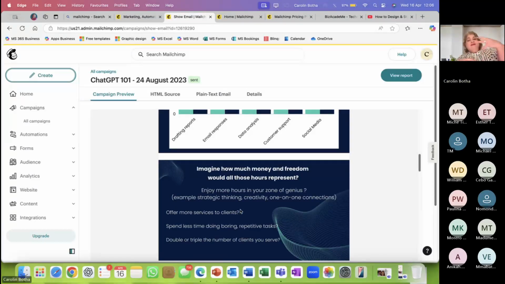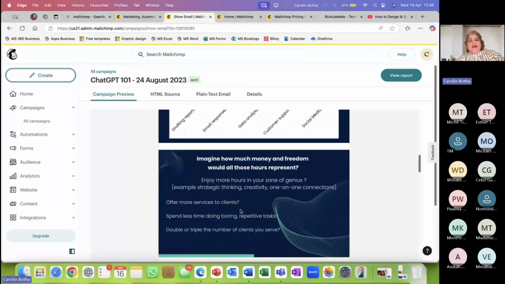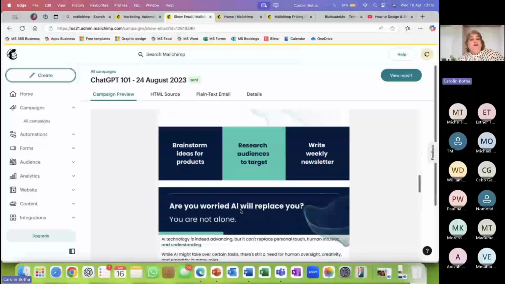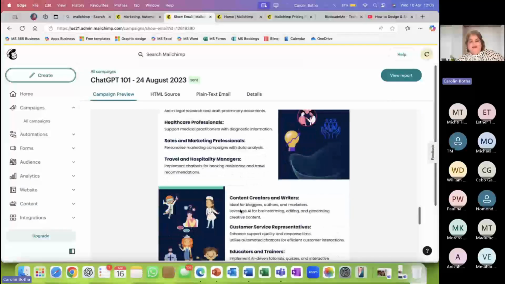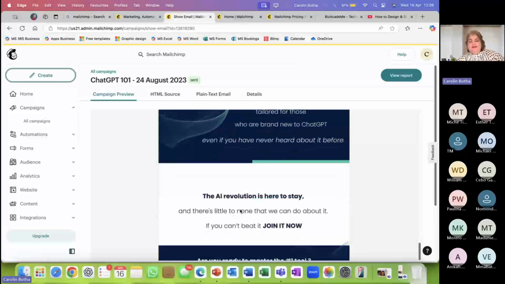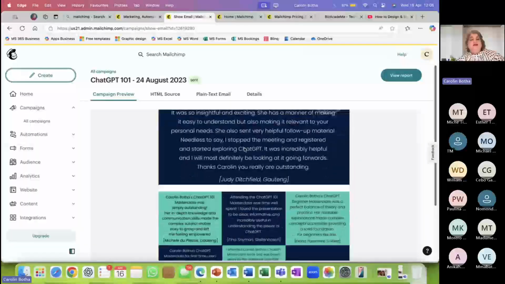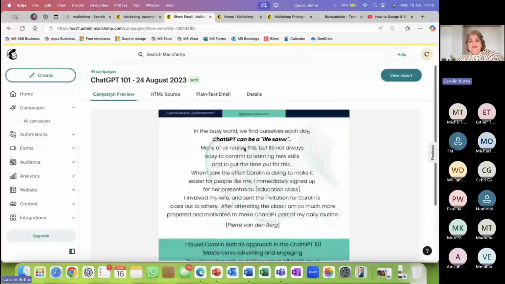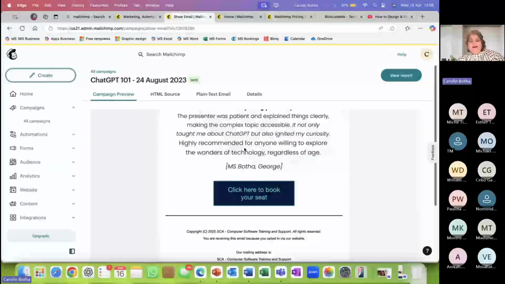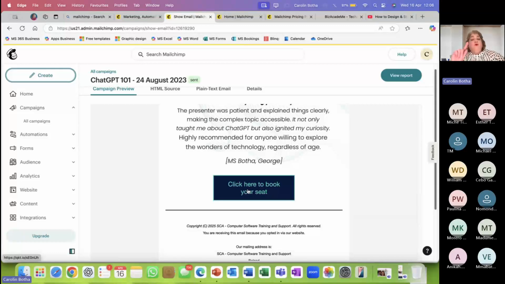Now, I took the 500 people that I wanted to invite, because it's a free option, and I sent out this design, and that is what it looked like in the end. Look at this. They can read through it. It's quite nicely designed, I hope. There are a couple of comments that I got from previous clients and friends that attended. This is a whole write-up, and you have your action button, which MailChimp is excellent with, that people can click on to book.